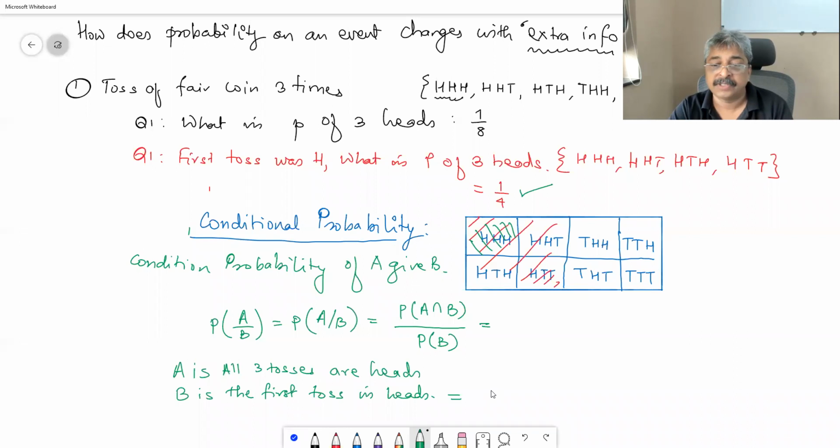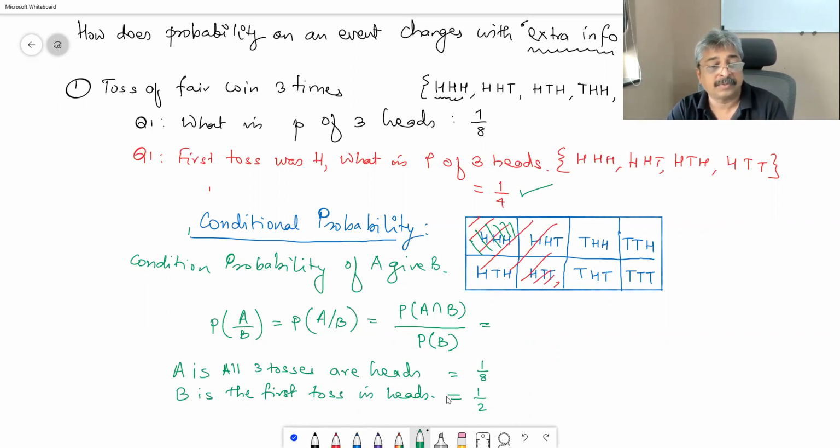The first toss is heads, so it is 1/2. Correct? And A is all 3 tosses are heads, the probability is 1/8, and therefore